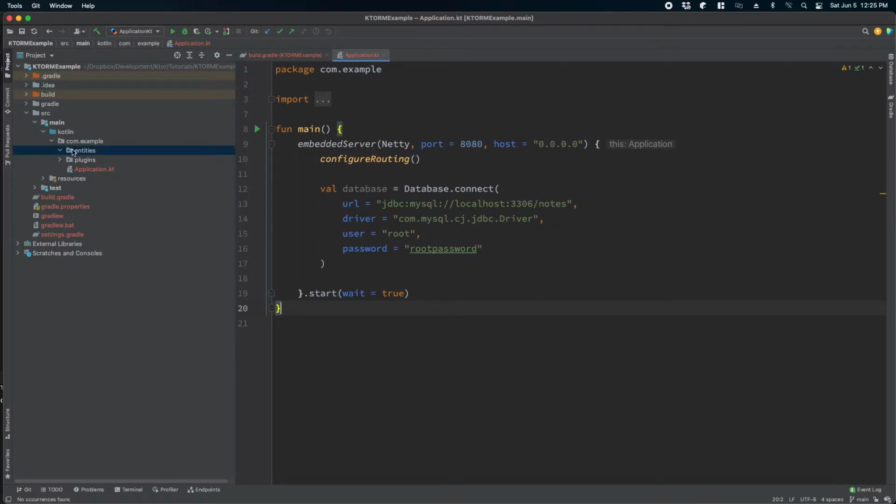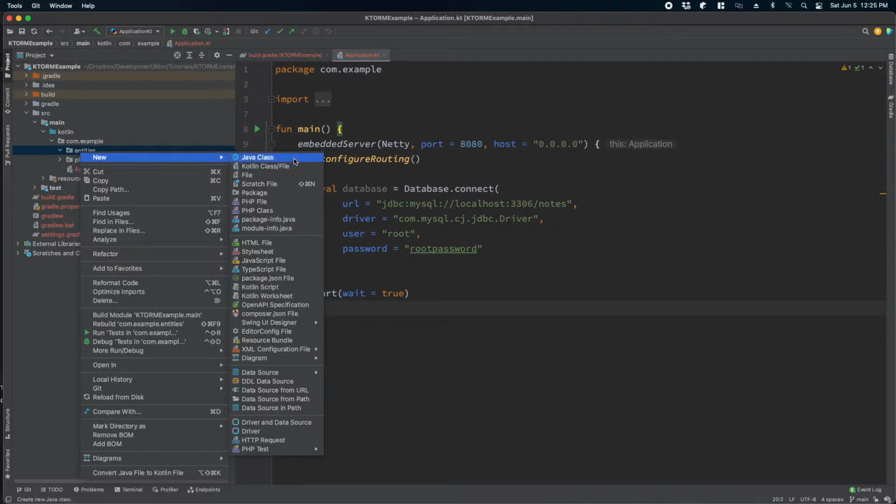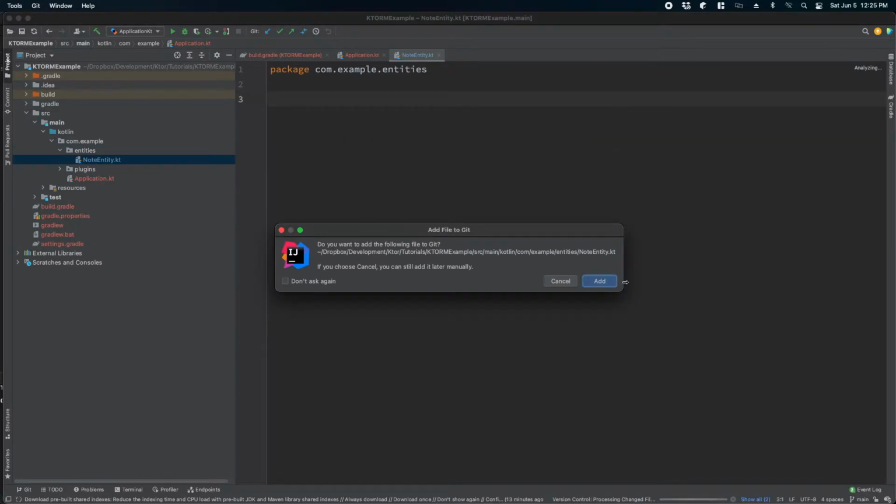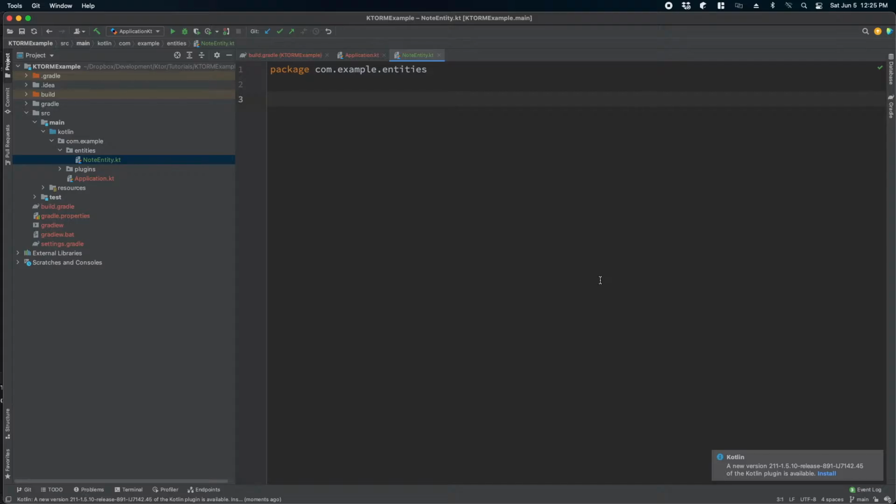So what we will do is create an entities package, and inside that we will create another Kotlin file and name it node entity. So what an entity is, it's basically a Kotlin object that will represent how our database table looks. So in our case, this nodes entity